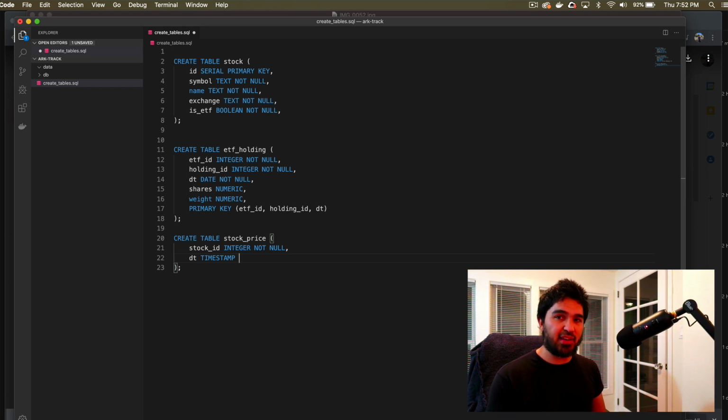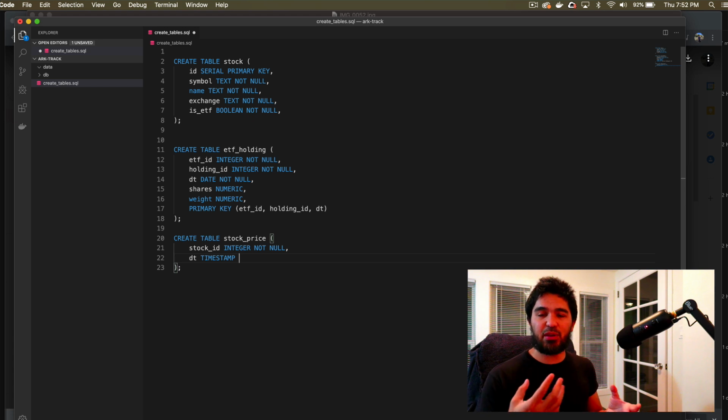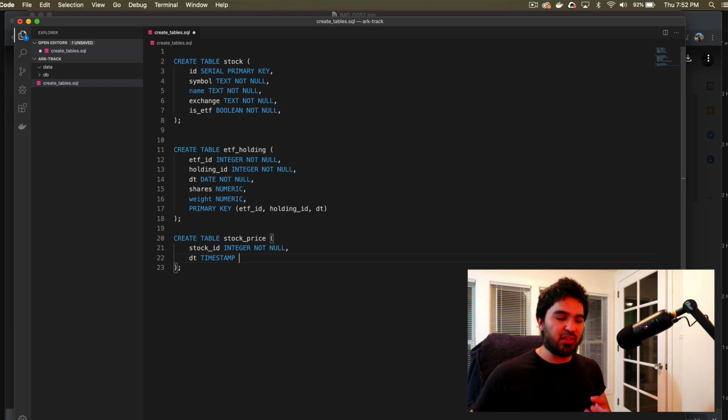So we're going to store minute data in here, and we can roll that up into hourly data or 5-minute data, dailies, monthlies, and so forth, because Timescale has functions for all that stuff, which I will demonstrate in probably the next video. Okay, so timestamp, and then I'm going to do without time zone, not null,